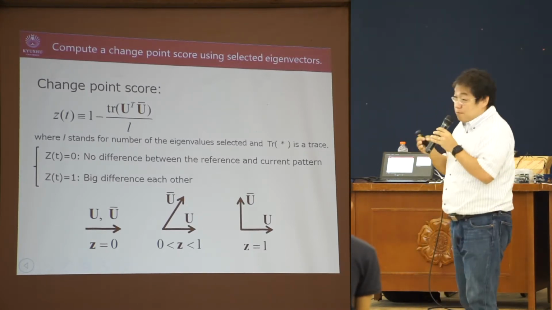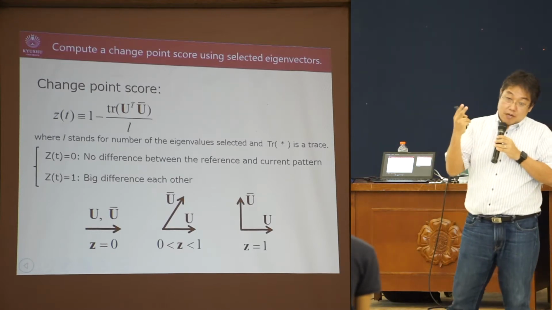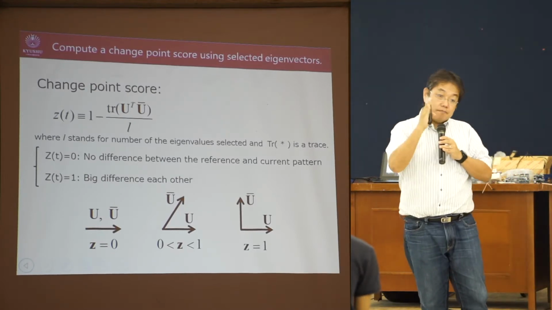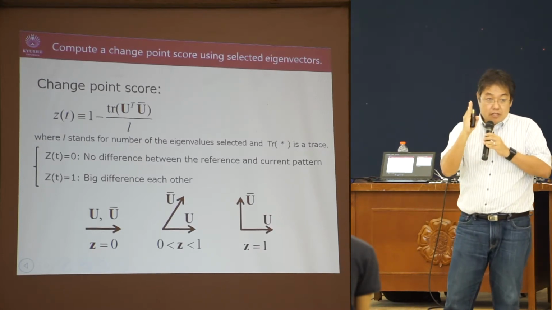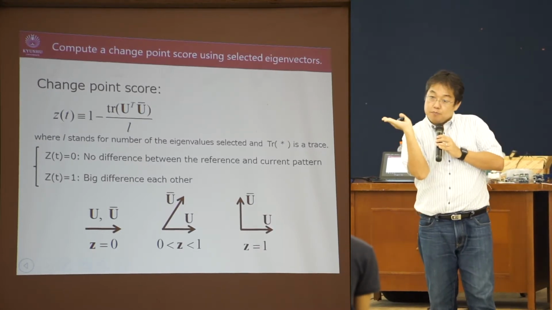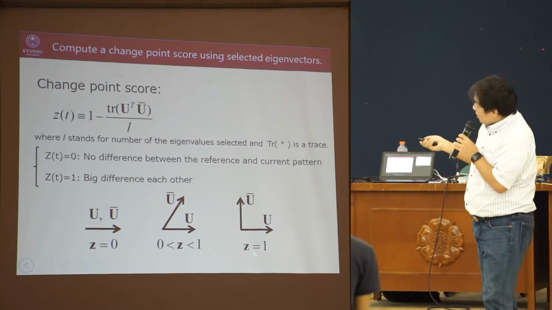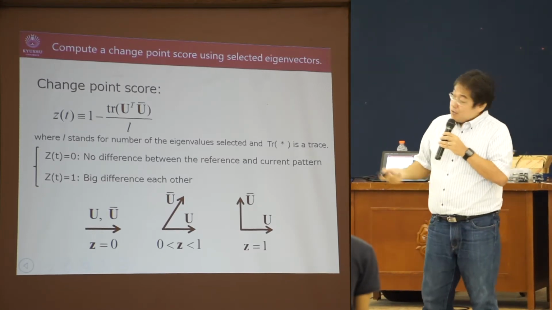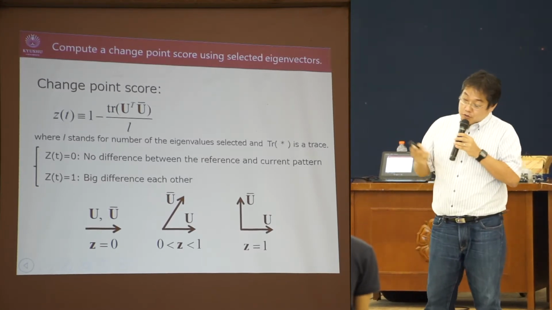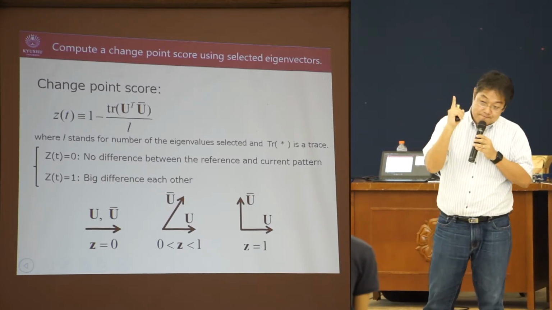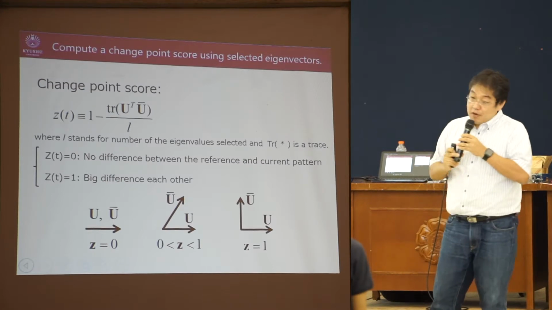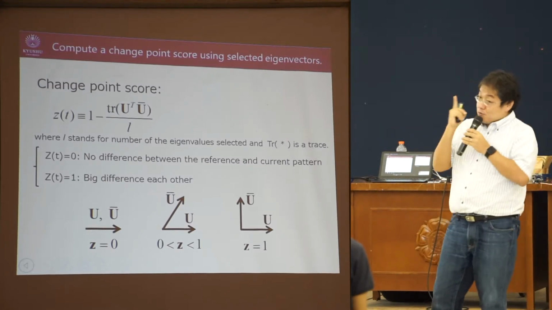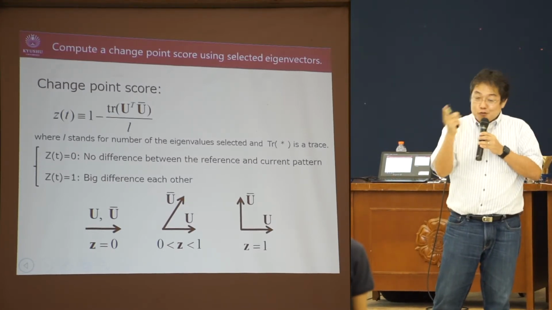If two vectors are completely different, so U is perpendicular to U bar, the inner product is 0. So in that case, the change point score is 1 minus 0. Oh, sorry, 1 minus 0 is 1. The change score must be equal to 1. If the change point score becomes 1,